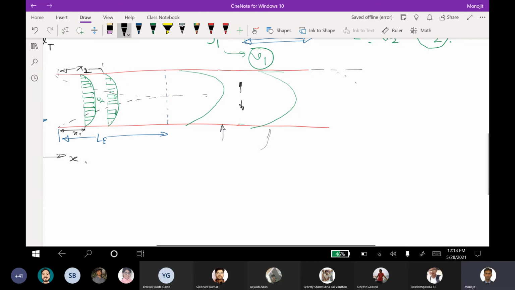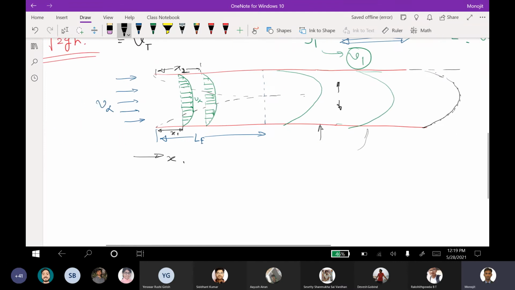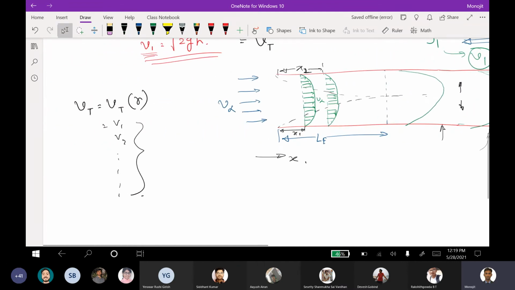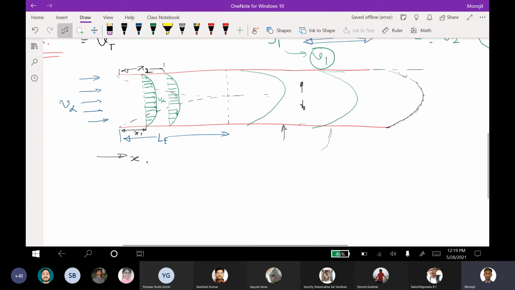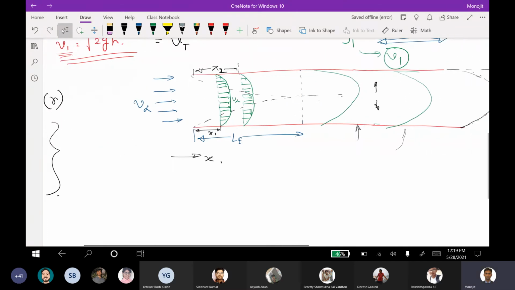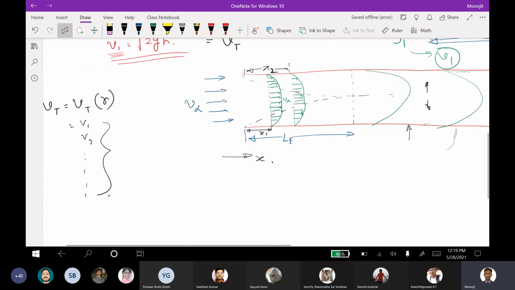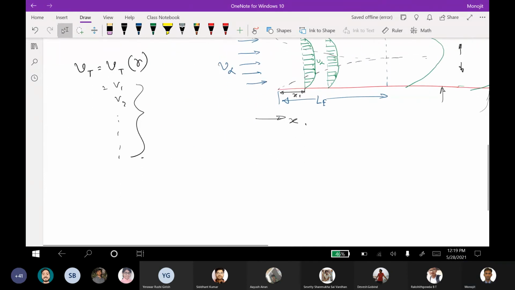But once you get all these points, you can make a graph. If you get the velocities as discrete points, you just fit them with a curve. Use your MATLAB fitting tool and fit it with a curve. Once you fit it, you will get a continuous function, V as a function of R. Now, once we get V as a function of R, can we calculate the flow rate? The theoretical flow rate, let's mark it as QT. How can we calculate that?